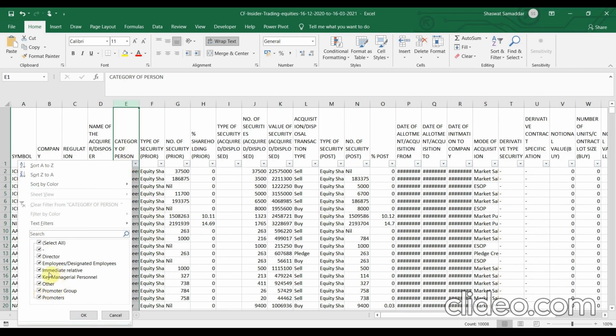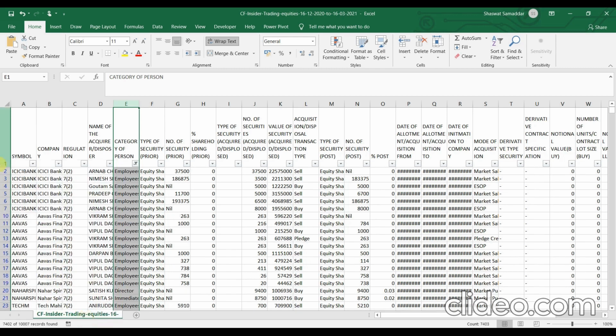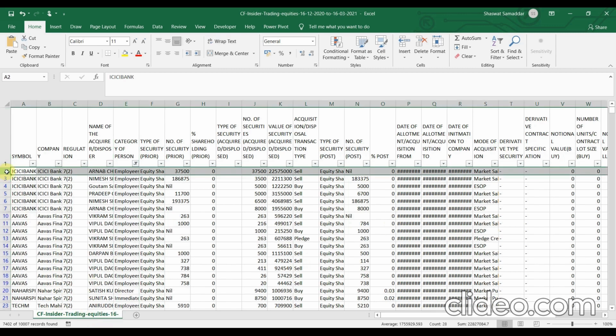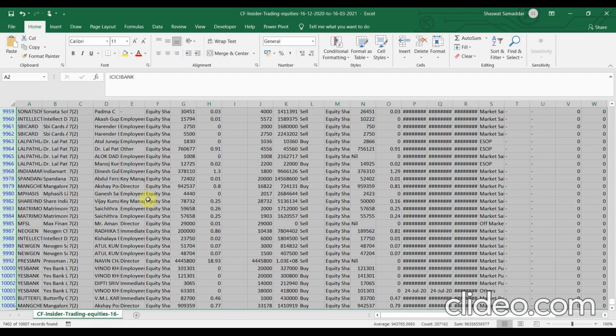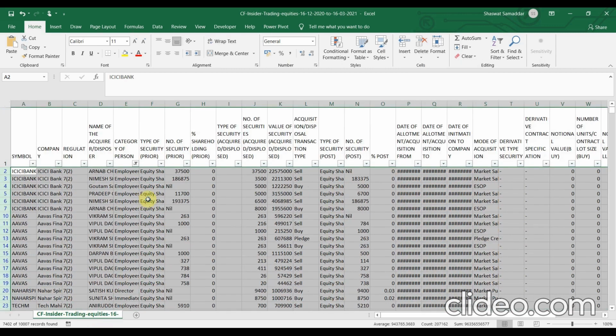I do not want anything else like director, immediate relative. I do not want any of them because I want to analyze the data of insider trading that has been done by the promoter and promoter group. So I'll just keep them and I'll delete all the data except those containing promoter and promoter groups.